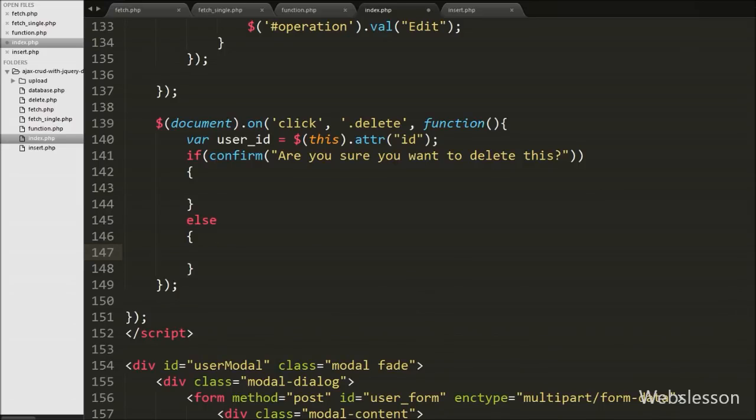If we click on the Cancel button, then it will execute the else block of code, and under this block we have written return false. So when we click on the Cancel button, no action will be performed. But suppose we click on the OK button, then it will execute the if block of code, and under this we